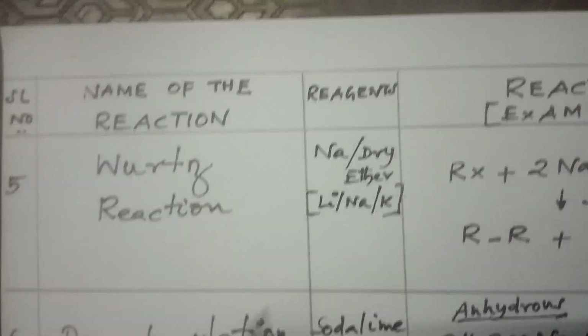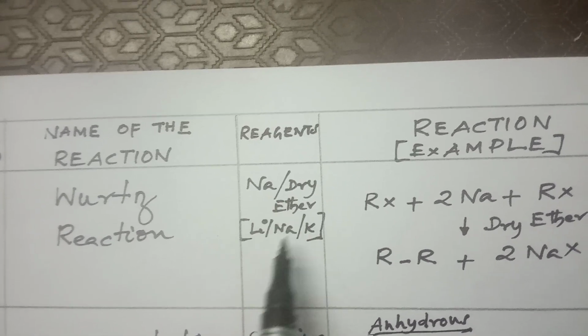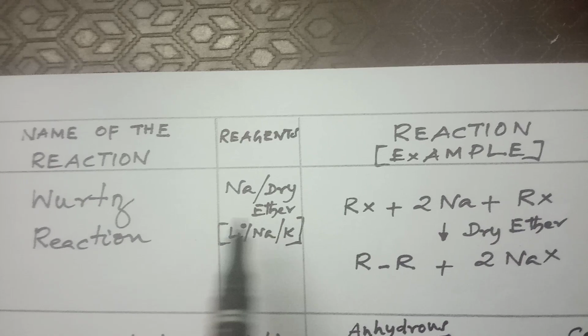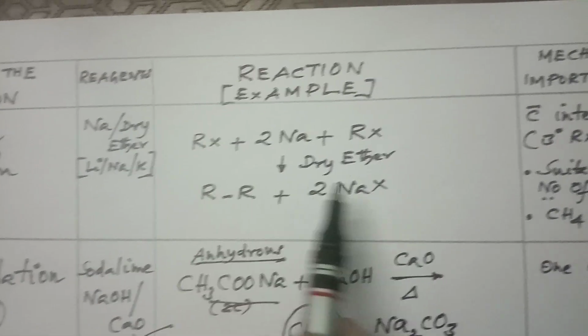Okay, now we are moving to the next continuation of the topic, sodium with dry ether. It is understood that instead of sodium, lithium or potassium can be used; dry ether is the main knowledge. It indicates it is the Wurtz reaction, a name reaction, you know. So the remaining Wurtz reaction is very simple. So I am going and coming.